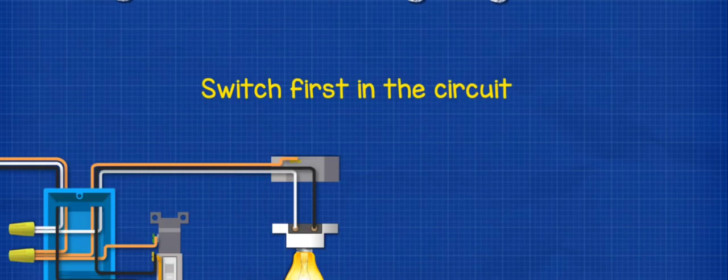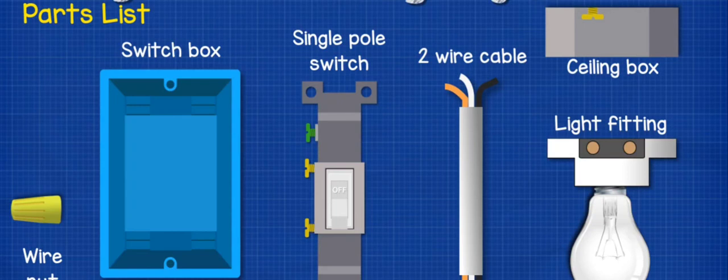The first version we're going to look at is when the switch is located first in the circuit. For this design, you're going to need a switch box, some 2-wire cable, some wire nuts, a sealing box as